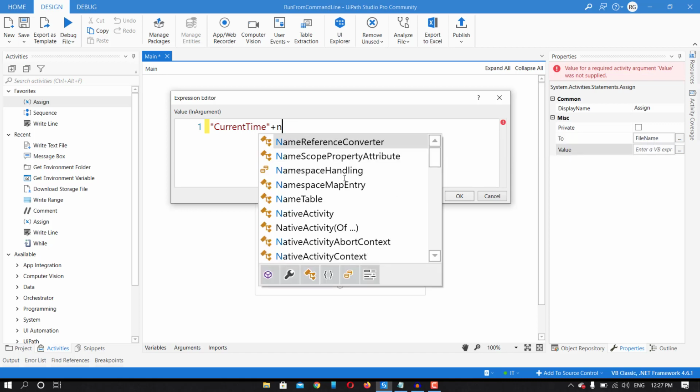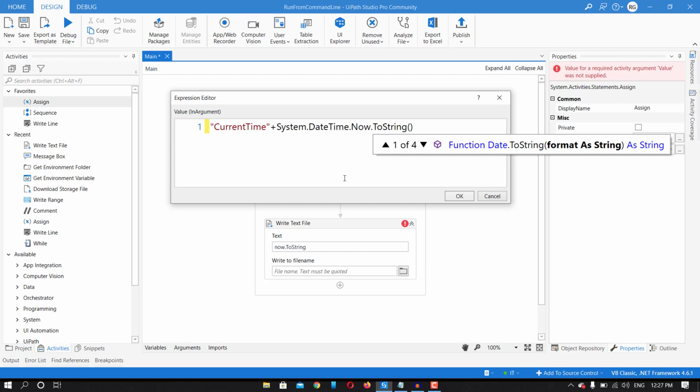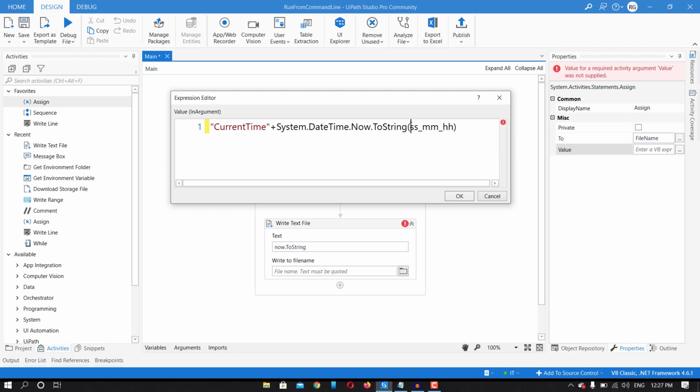And if you are not getting this now, then you can use system.datetime.now.toString, and here I will pass the second underscore minute underscore hour. Okay, so every time it will be like this. I will just show you. And after that I will put .txt because we are creating the text file.